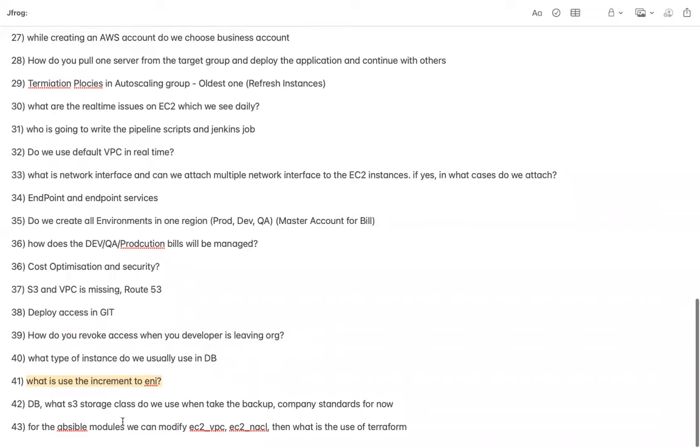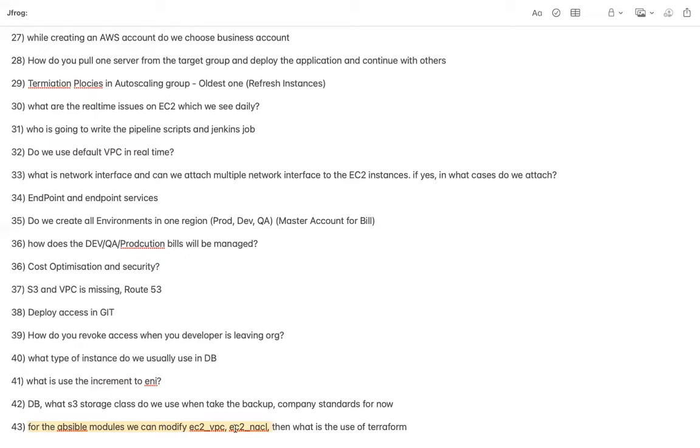Okay, for the Ansible modules, can we modify EC2 VPC as EC2 NACL? Then what is the use of Terraform? See, both are going to be used. You can modify, and in fact, rather than using this tool, you can use Boto3 as well. That depends on your use case.